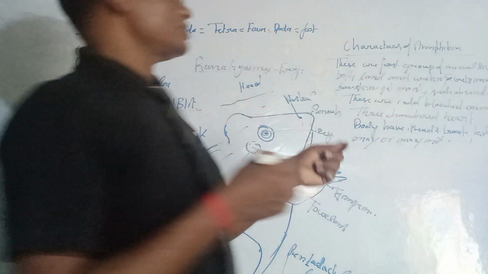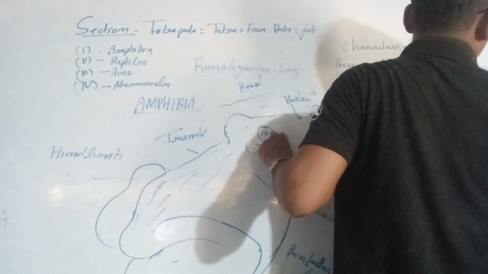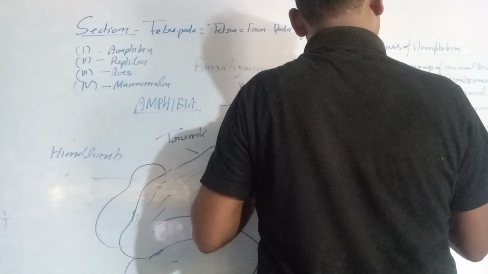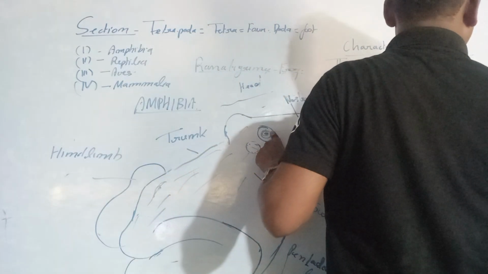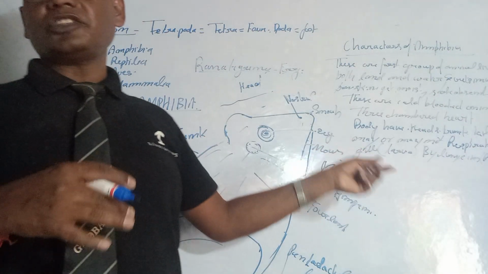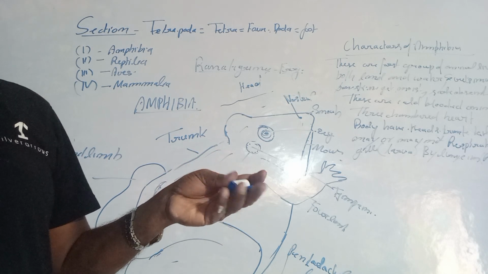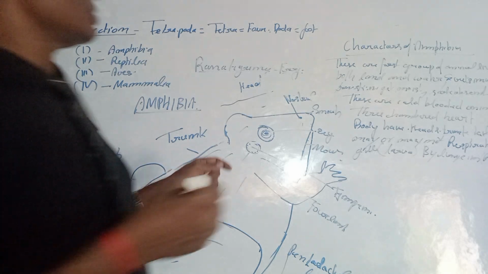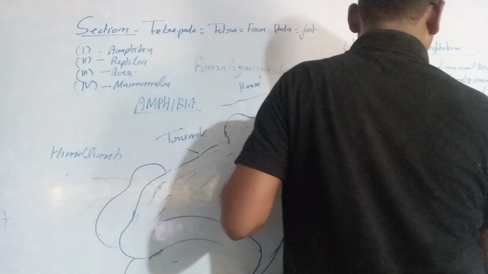Respiration is through gills in larva and by lungs in adults, and a nostril is present in these animals, so through the nostril they can respire. Reproduction is by eggs laid in water. The life cycle is completed